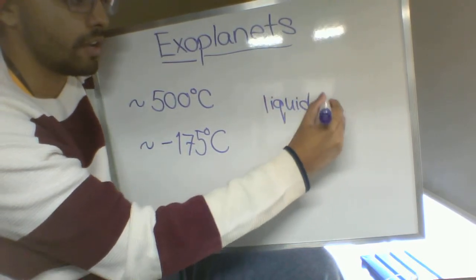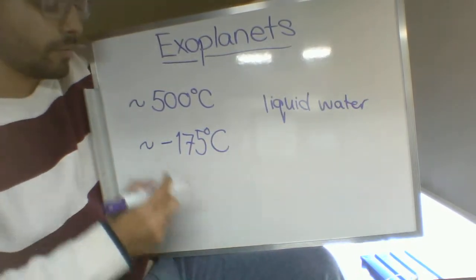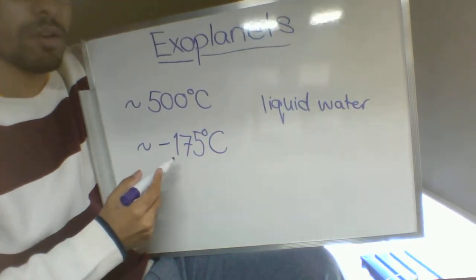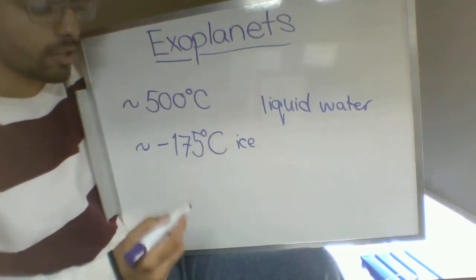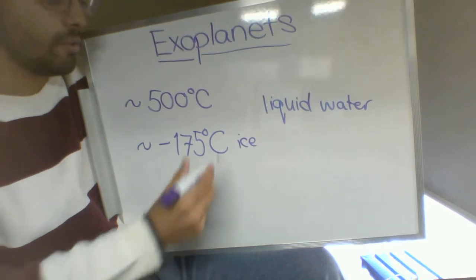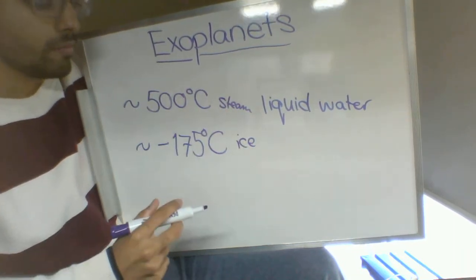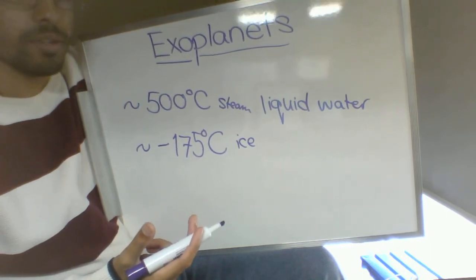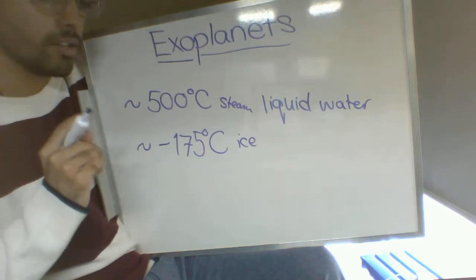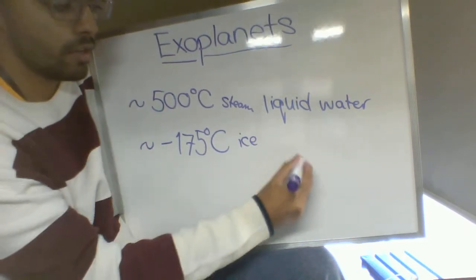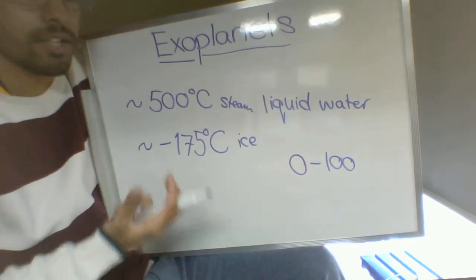All right? Everything on the surface of the Earth, in order to survive, needs water. At 175 degrees below zero, that's going to be in the form of ice, which is not quite as useful. And if it was 500 degrees, then we would have a bunch of steam everywhere. So again, not useful. You need a specific region between 0 and 100 degrees Celsius, because that's where you'll find